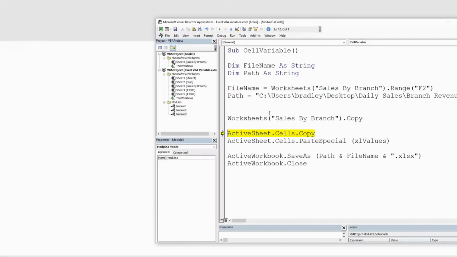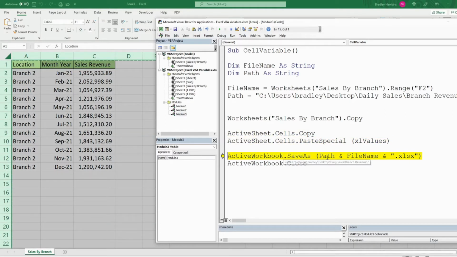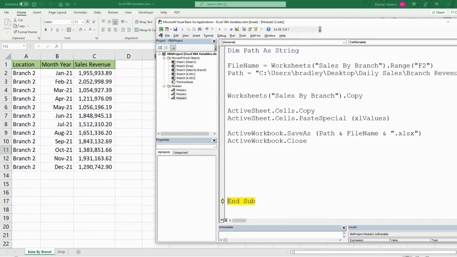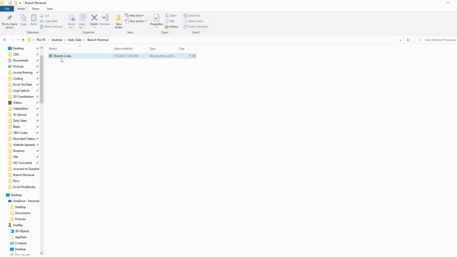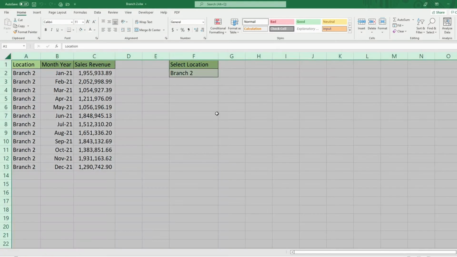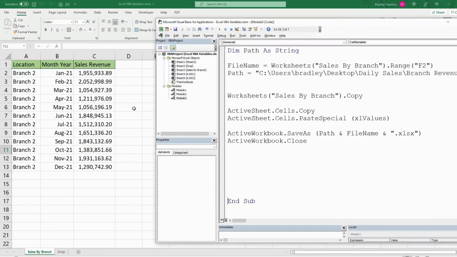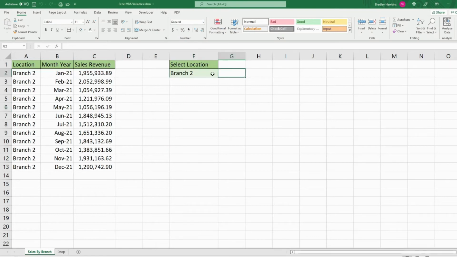So we're going to copy this to a new file. We're going to paste over as values, and then we're going to save this workbook to our path and file name variables, and then close out this workbook. So now when I go to this path, you can see there is the branch 2 file, which was our file name variable. So now I can change this to branch number 3,